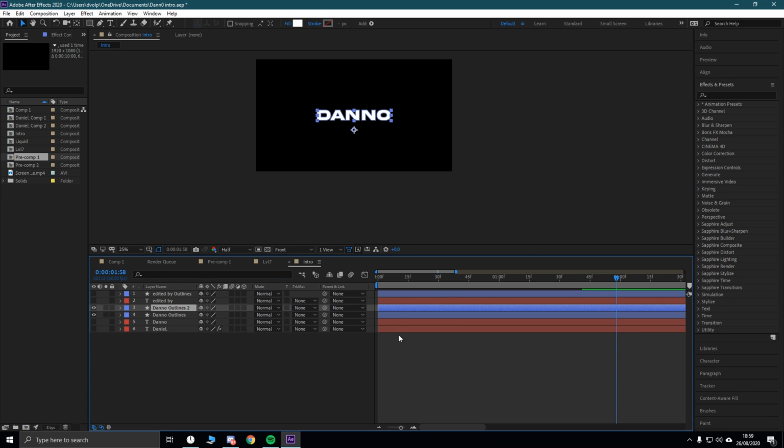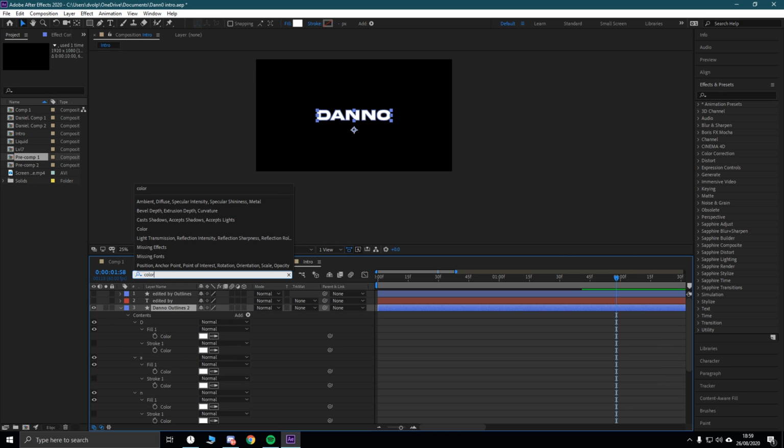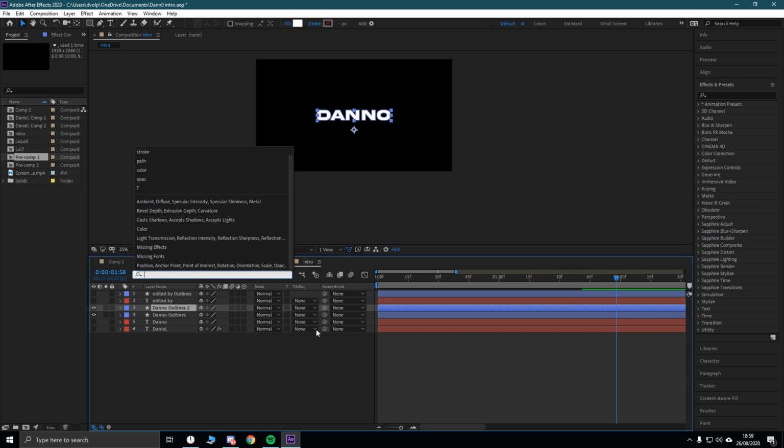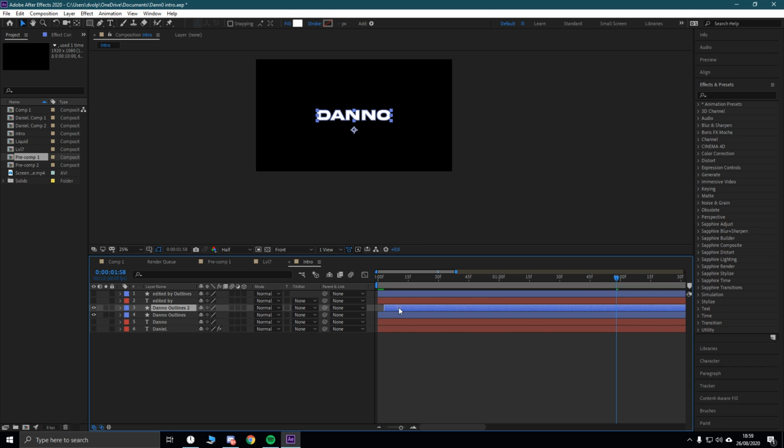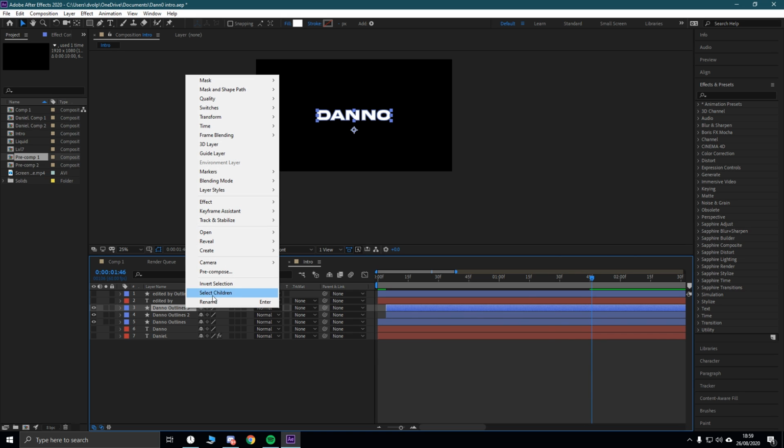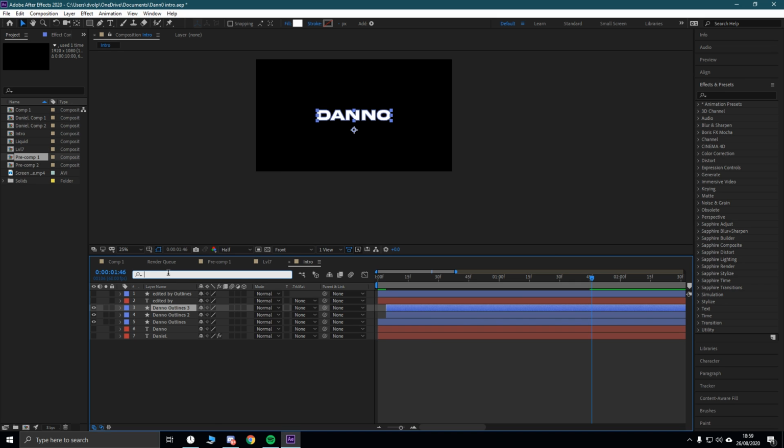So we got this one now. You can change the fill color to white. I think it already is white. Yeah, it's already white. What you want to do now is make this one a few frames later than the first one, so that the black one comes first and then gets filled by the white one. And then you want to duplicate it one more time, and let's make this also a fill, but change the color